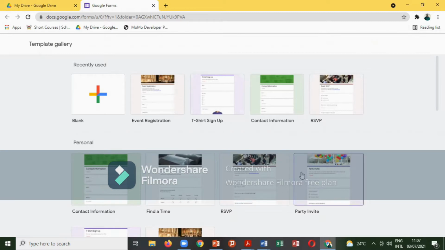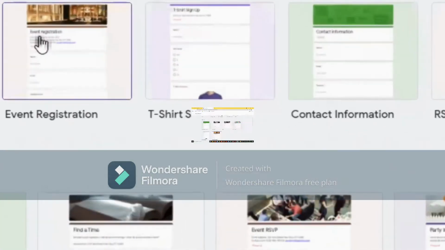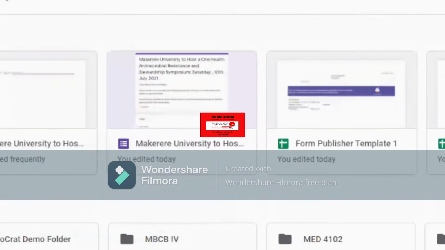Party invitation, contact information, t-shirts. Like you want people to buy a product, you can use this template for t-shirt sign up. Event registration, you want people to